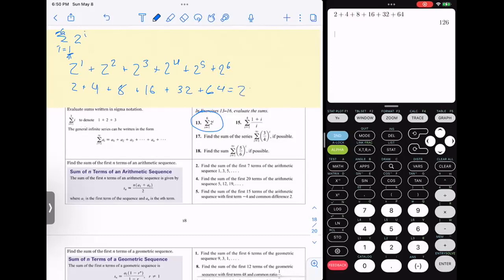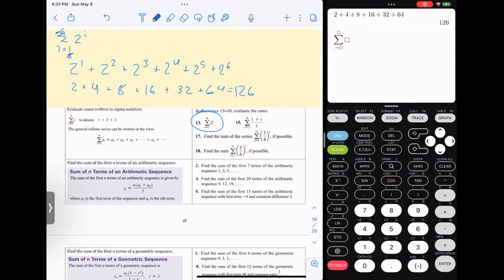126. That would be our answer. But I also want to point out, some calculators allow you, a lot of the TI-84s you can plug it into. Some of the TI-83s you can't, sadly. But if you do have a TI-84, what you can do is go to Math and scroll down to where it says Summation, and it'll create that